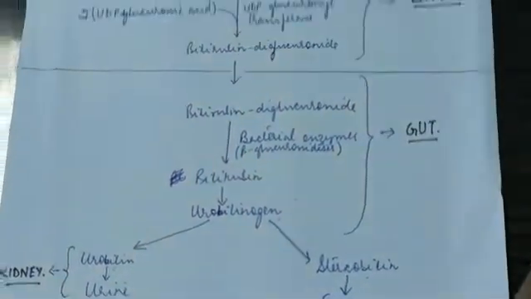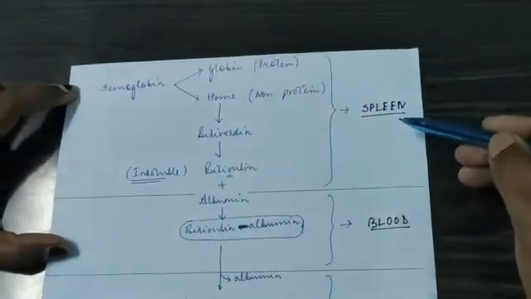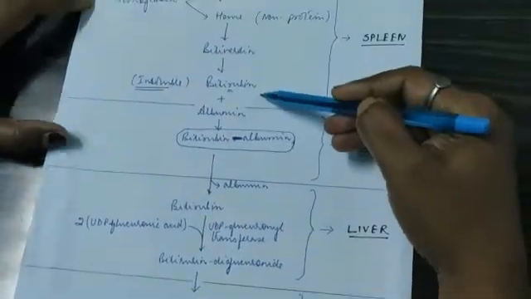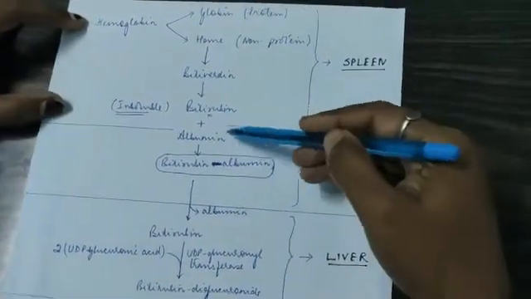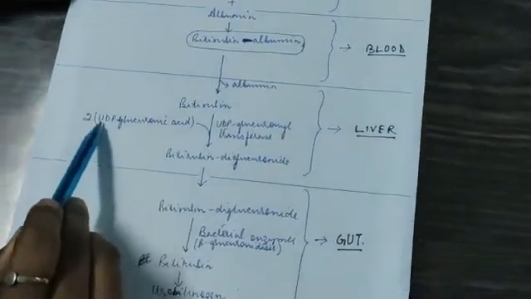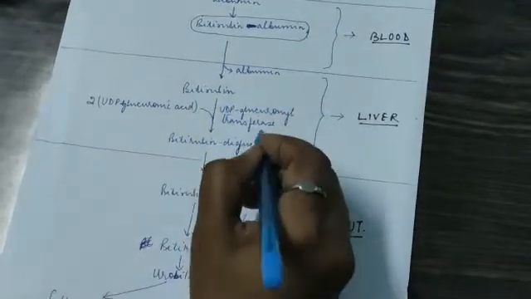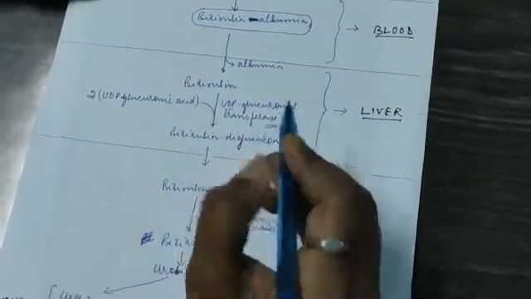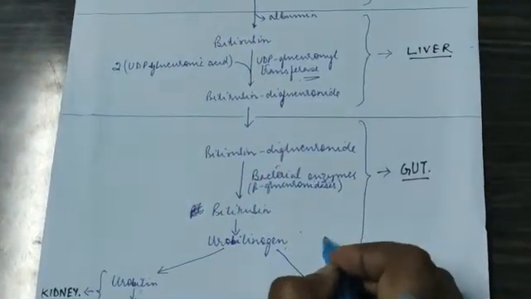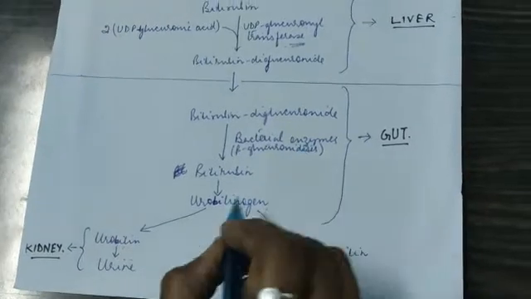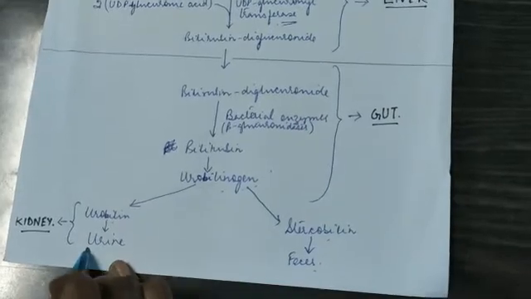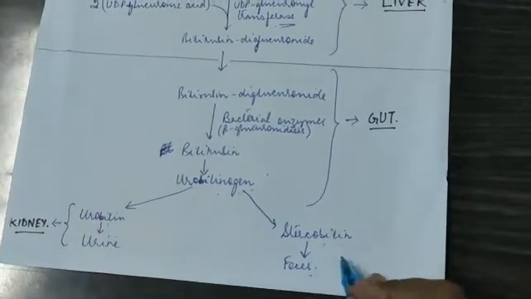To sum up again, to know the bilirubin pathway, we should know certain organs: the spleen, liver and the gut. The spleen produces the bilirubin from hemoglobin. In the blood, it combines with albumin so that it is soluble. In the liver, conjugation occurs with UDP glucuronic acid; the enzyme, which is very important, is UDP glucuronyl transferase. Bilirubin diglucuronide is formed, and coming to the gut, it is acted upon by bacterial enzymes, which give us urobilinogen, some part of which is converted to urobilin, giving the yellow color of urine, and some part gets converted to stercobilin, giving the brown color of the feces.